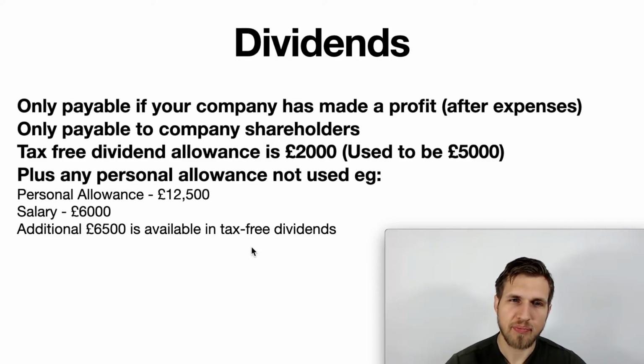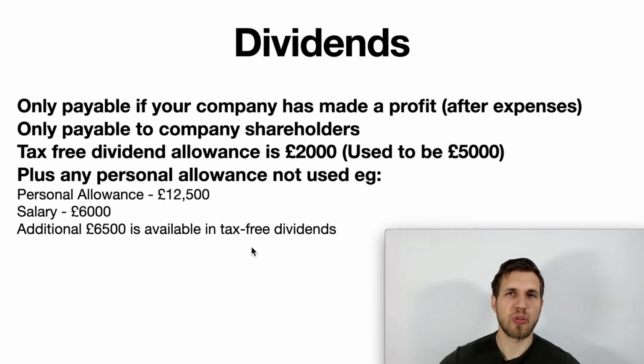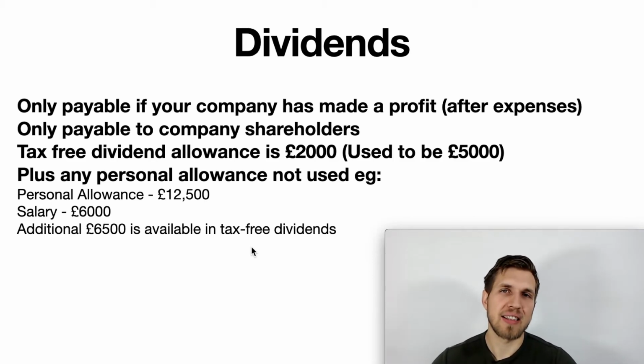However, what I mean by that is, let's say for example you have the income tax allowance of £12,000, and you have a dividend allowance of £2,000. However, if you, let's say, pay yourself a £6,000 salary, then you can additionally take out £6,500 in tax-free dividends. Okay, so to increase your income,